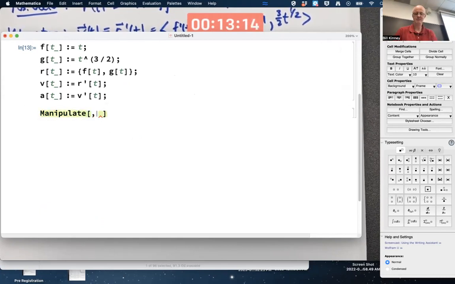I'm going to be making an animation, so I use Manipulate. It makes animations. I've got an animation parameter that I usually call B that starts just barely bigger than 0, and in this case, it goes up to 4. B is going to be the ending time of the motion, but it's going to change so that I see an animation. I'm going to show a couple different graphs together, one of which is going to be a parametric plot